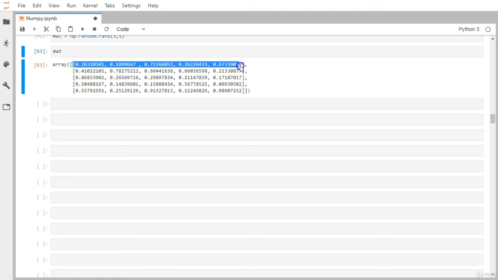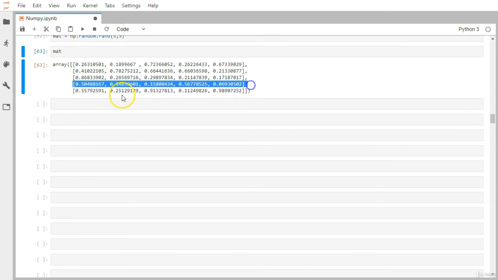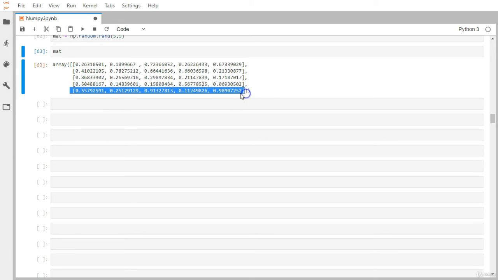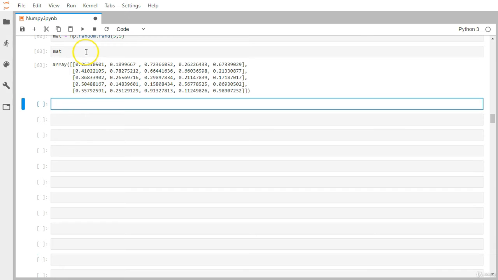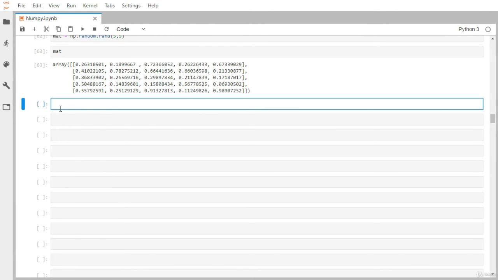So this is the 0th row, this is the first row, this is the second row, this is the third row, and this is the fourth row. So this way 5 different rows will be addressed. Same way this is the 0th column, this is the first column, the second column, third column, and fourth column.